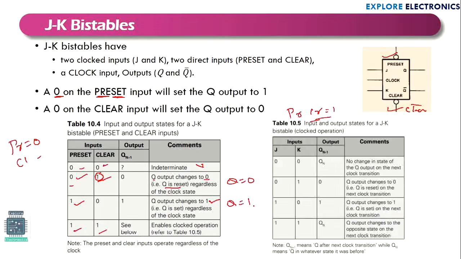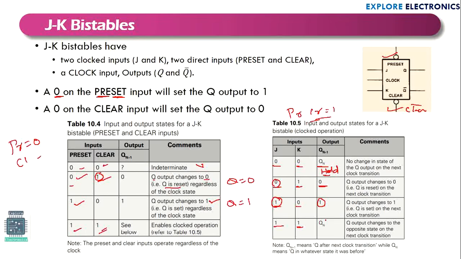Now let us understand the different values of J and K and how the operation will be by treating preset is 1 and clear is 1. When J and K are 0, 0, output Q will be in the hold state. Means as we have seen in the previous SR bistable, how it is holding the state or the memory. Similarly here when J and K are 0, 0. When J is 0 and K is 1, the output Q is following J, because of 0. Here it is 0. When J is 1 and K is 0, Q will be changed to 1. Here because J is 1, Q is also 1.